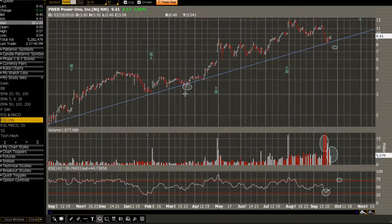So you can see right here, it broke uptrend support just a touch. If you hadn't given it enough breathing room, you would have been stopped out there and you would have missed out on this huge upside continuation. So we want to avoid that type of situation by giving it plenty of breathing room under the uptrend support line. Now the target is 14. We don't even see 14 on this chart, but the target's established by looking at the largest move away from